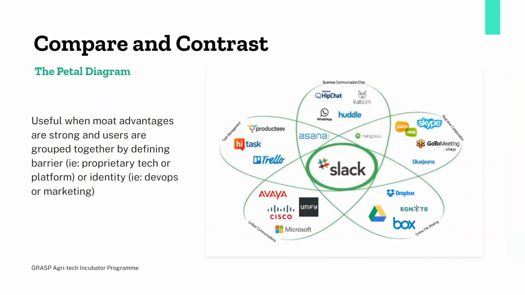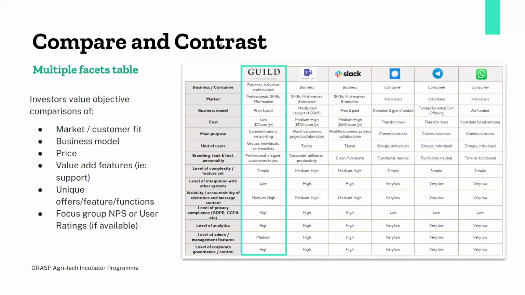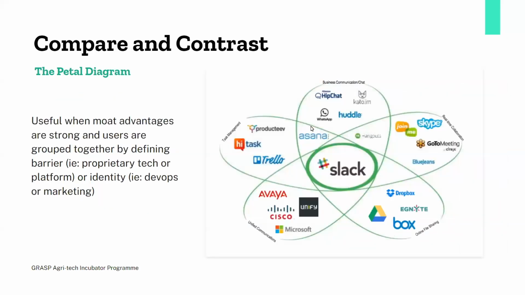And then you have certain services that are multifaceted, right? So they don't just play in one area, they play in a number of different areas. And across all of those different areas, they will have different competitors, right? So in those cases, the petal diagram becomes very interesting because it gives you a summary picture, and you can think of each of these petals as something that you can go back and build the detailed table for. But this is your summary version where, if you see Slack as an option, right?